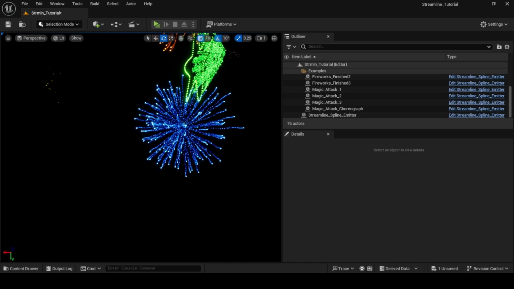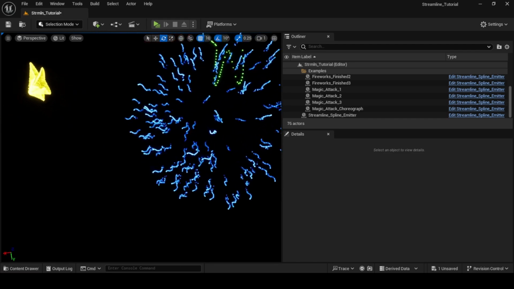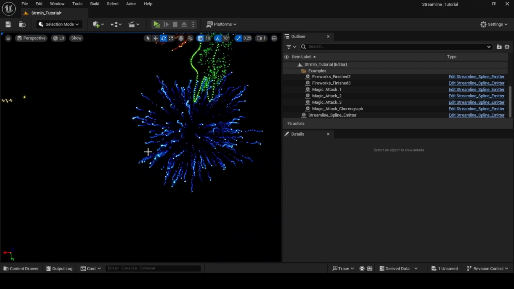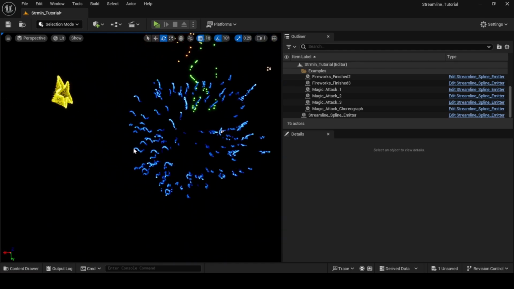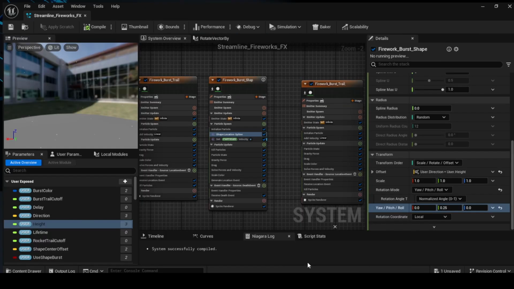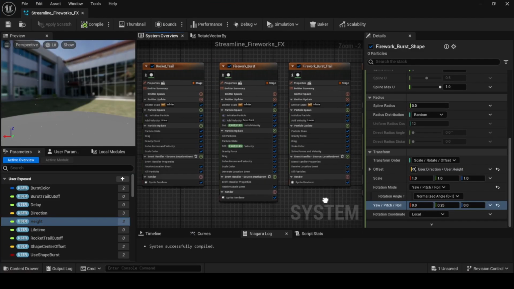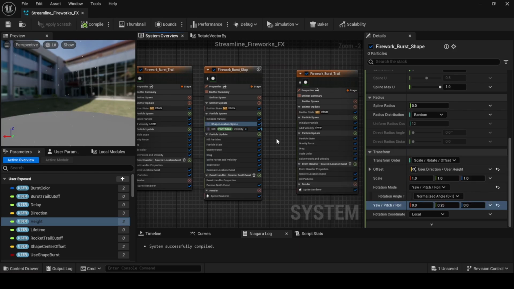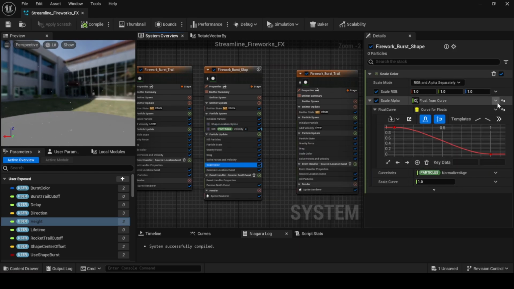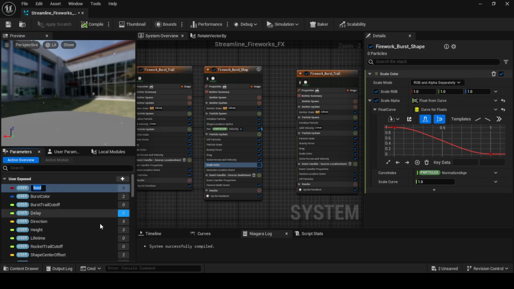And now one last little thing that's pretty fun for these is if you look at the particles from this firework here, wait for a burst, you'll see that if we follow this particle right here, it starts blinking in and out. And you can just add twinkling to these particles. It's pretty simple. If we go to our firework burst here, we can go over to our scale color, and we can just make this switch and say if we have a boolean here, and this boolean is something like sparkle,